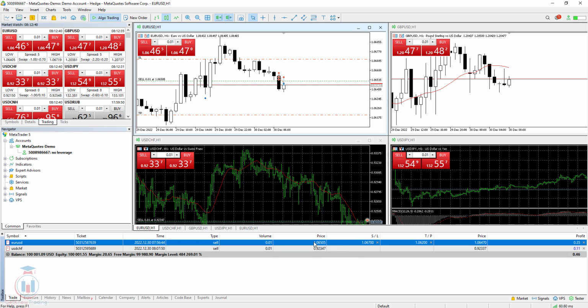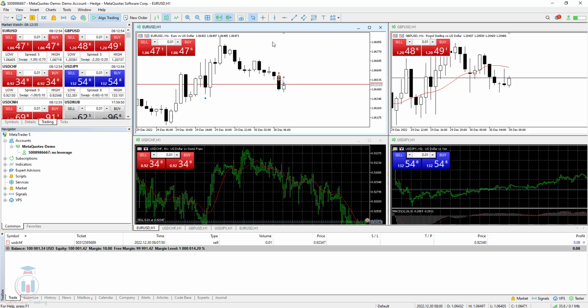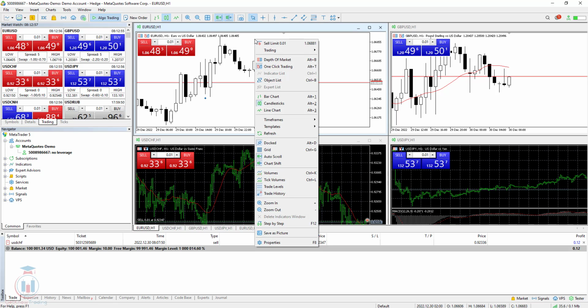If you would like to close this order with the profit, which is currently 0.29, you can click this X button, and it will close automatically with the profit. Then if you would like to open a new order, go to the chart, you can click right mouse button